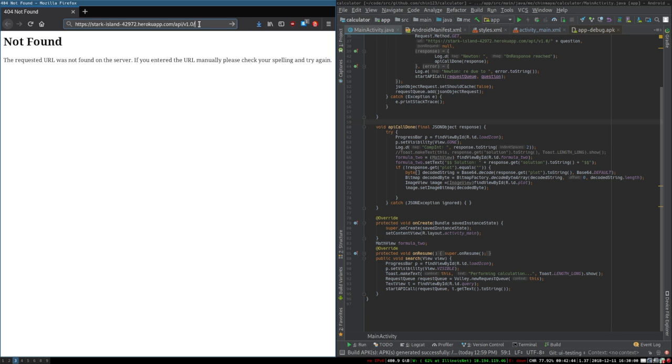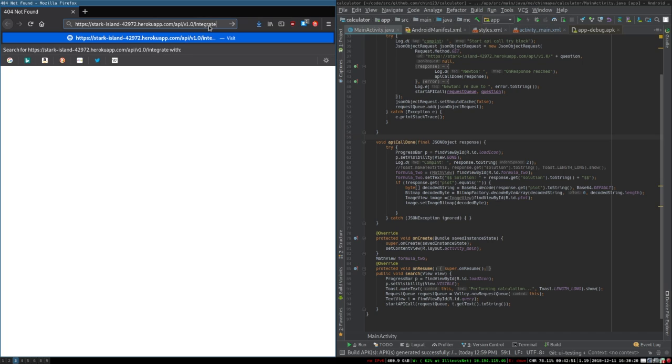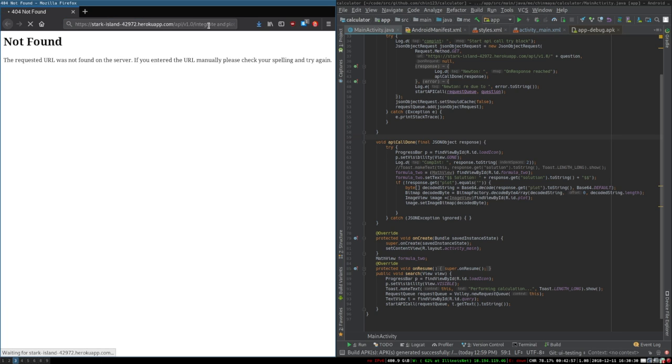The backend is a REST API running on Heroku, which accepts arbitrary questions as the argument. So this is the URL of the API, which is what the app calls. It just sends a GET request along with the question. So for example, if I ask it to integrate and plot x squared minus 1, it sends that request to the server,